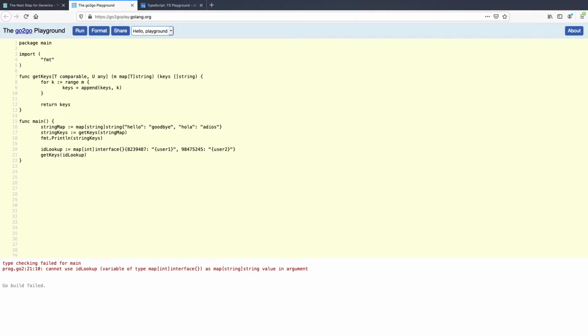So now we can say that as long as our map has type T and the values are of type U, then we know that we can return these keys, which we know will be type T. So it's a slice of type T, and everything else should work exactly the same. So let's see.